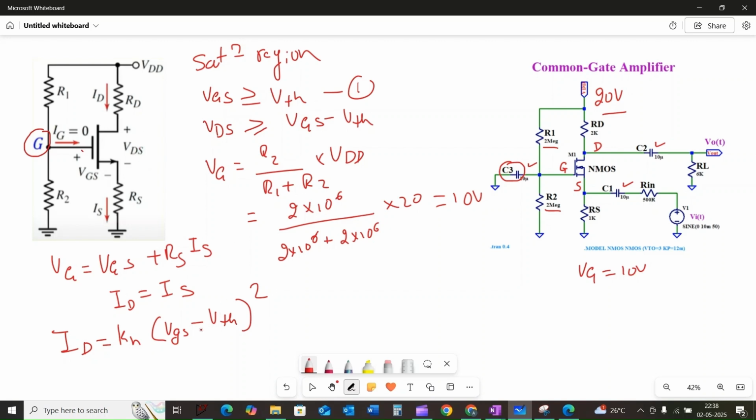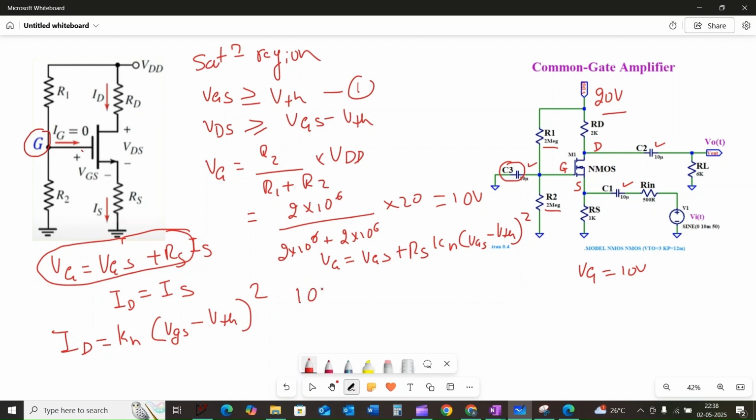Substituting this ID into our equation, we can write VG is equal to VGS plus RS times Kn times (VGS minus VTH) the whole square,